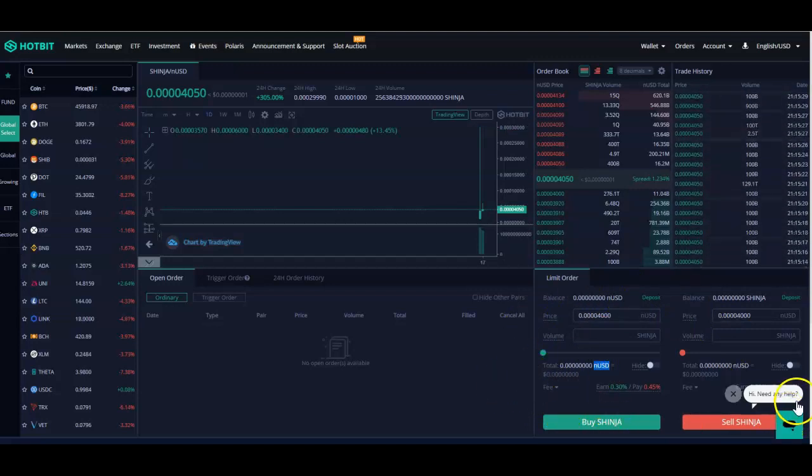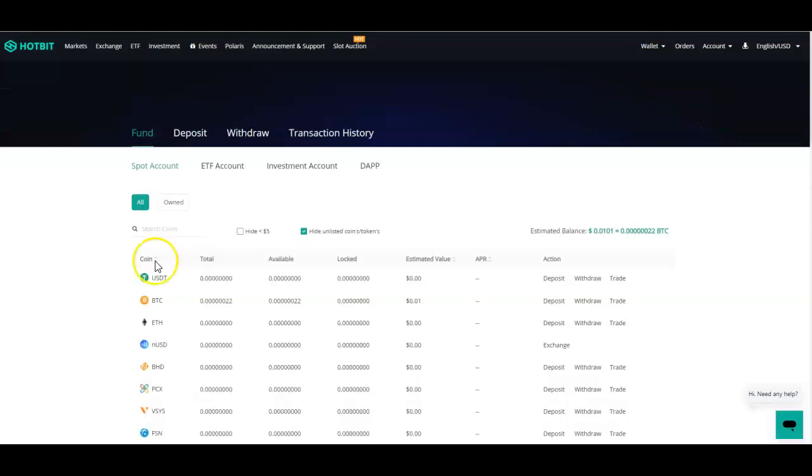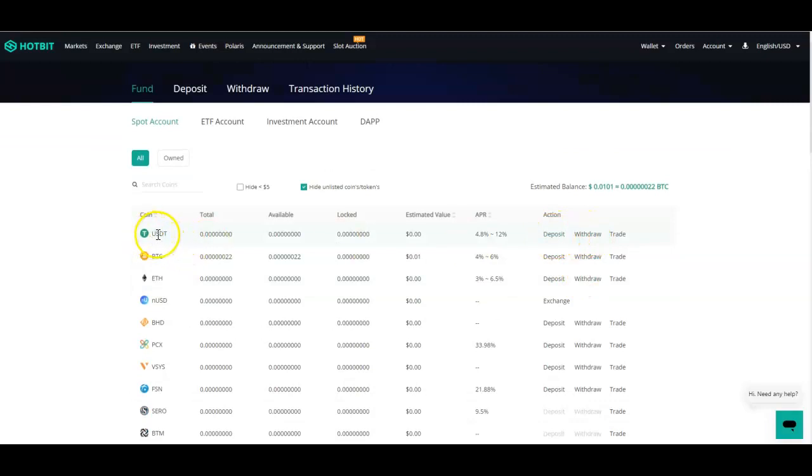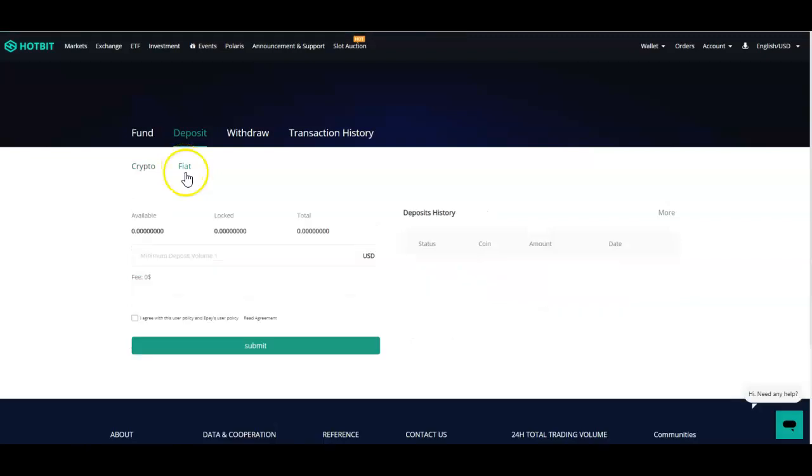Now, the next thing you want to go ahead and do, you want to add funds to your wallet. So we want to click on my funds, and here you want to use the USDT. But here's the thing. When you deposit USDT, you want to deposit money into that. So you want to click on fiat, and you click on the amount, let's say $100, click on submit,